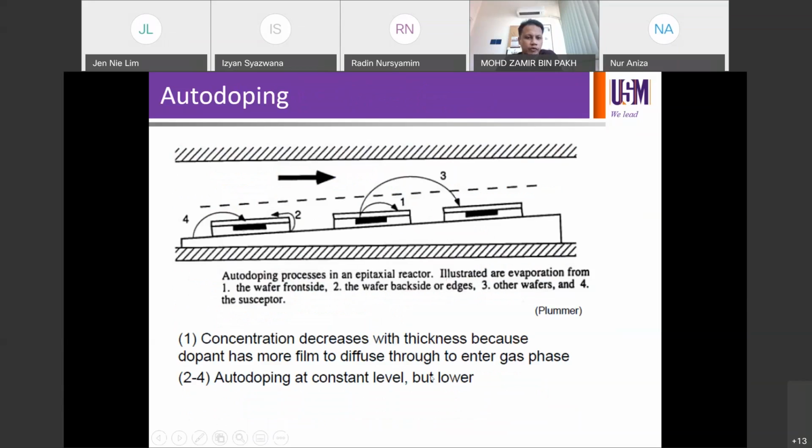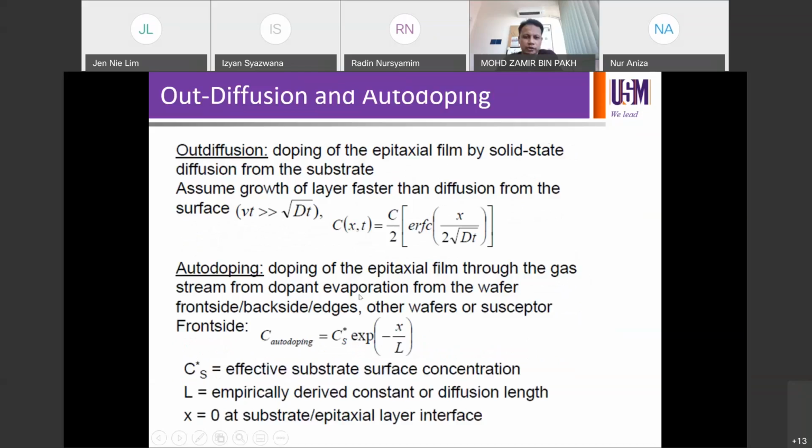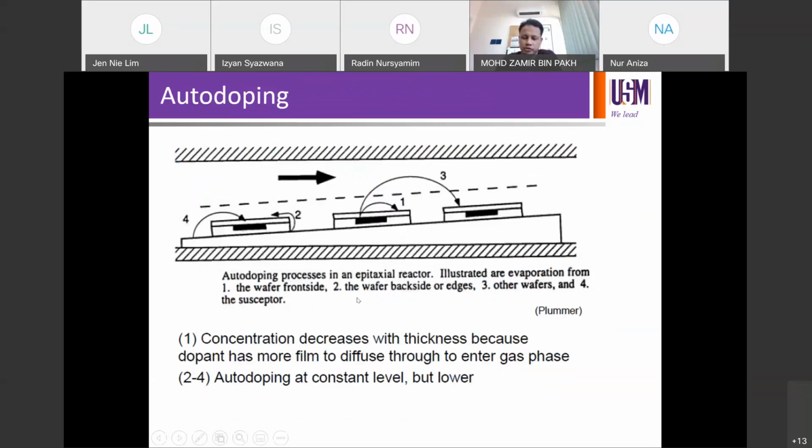Okay. So this is how it looks like. Auto-doping processes in an epi reactor. So you can have auto-doping from number one, for example, the wafer front side. There, doping there. Number two, from the back side, doping there. Number three, you can also have auto-doping from other wafers as well. How does this happen? You use the gas stream to do the job, through the gas stream from the dopant evaporation. So you use the gas to send the dopants to the neighboring wafer, neighboring regions, in order to enable auto-doping,